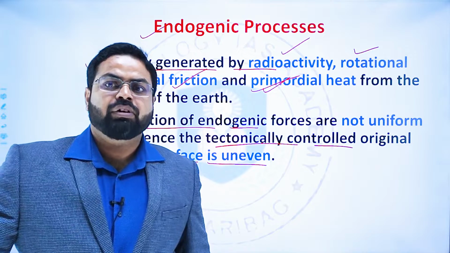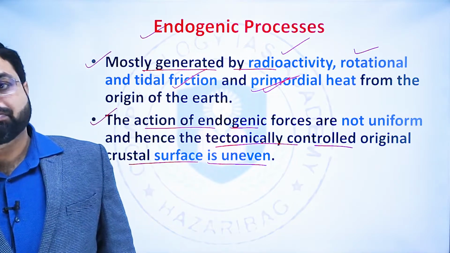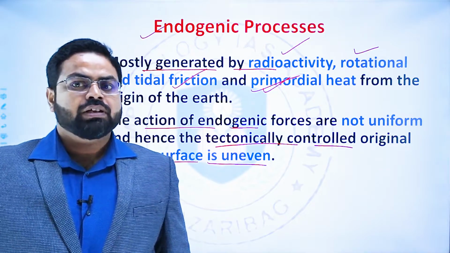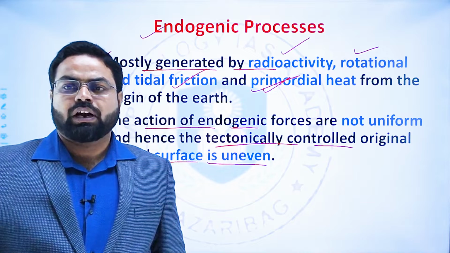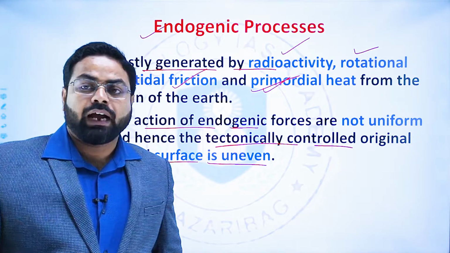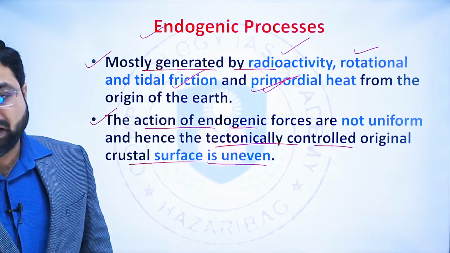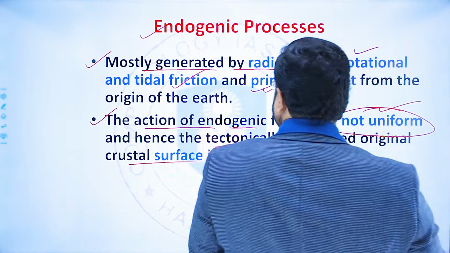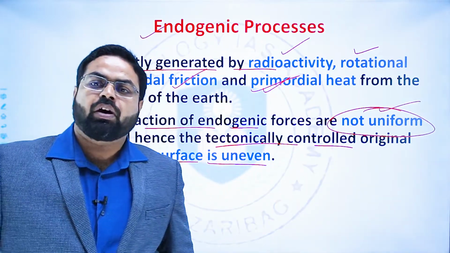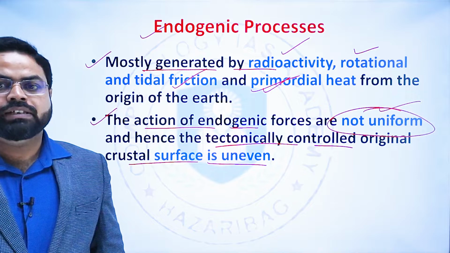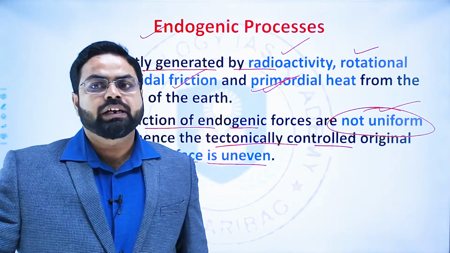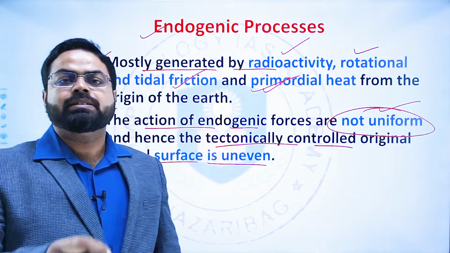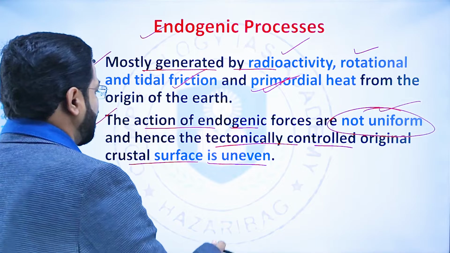At some points we will find mountain ranges, in some places we will find rift valleys, in some places we will find plateaus. So likewise we find different physical features at different places on the surface of the earth. And this is because the endogenic forces are not applied uniformly, and that is controlled by the heat gradient, the energy gradient on the surface of the earth as well as inside the earth.